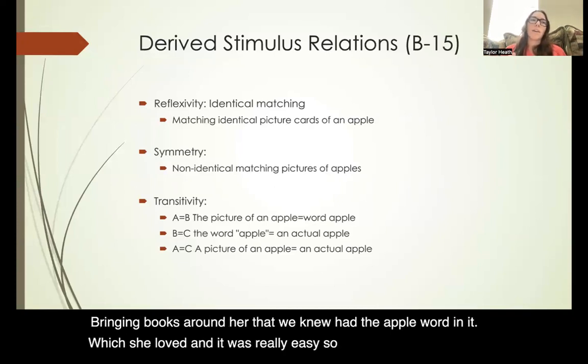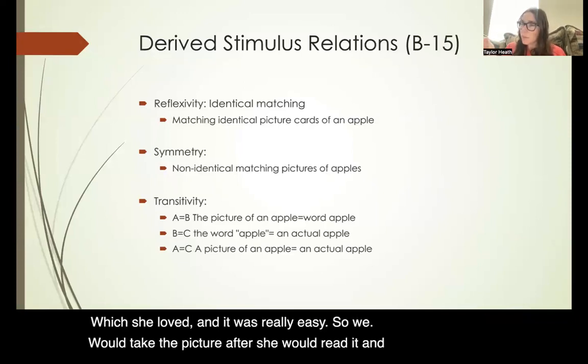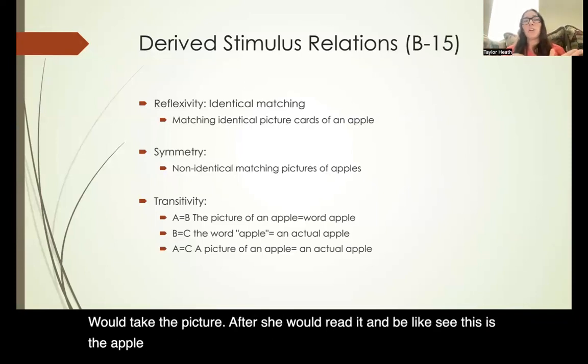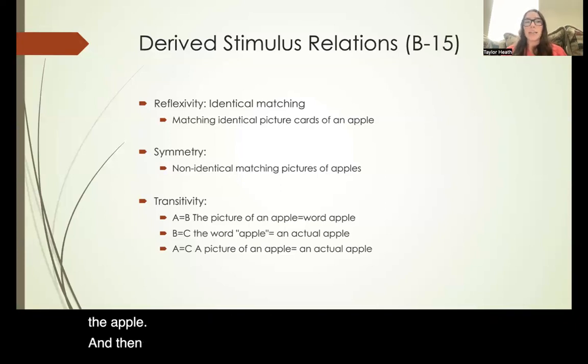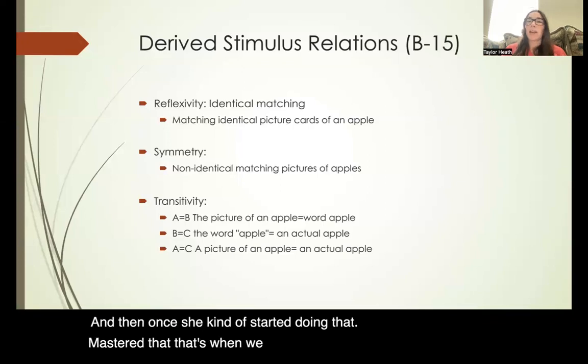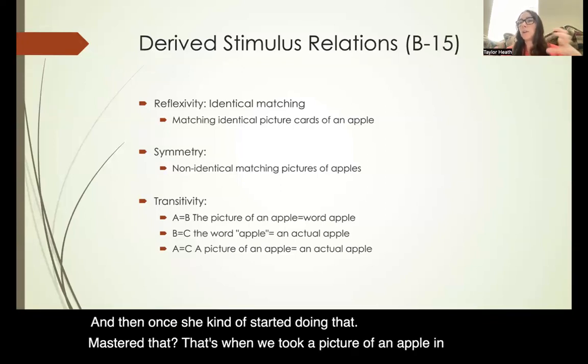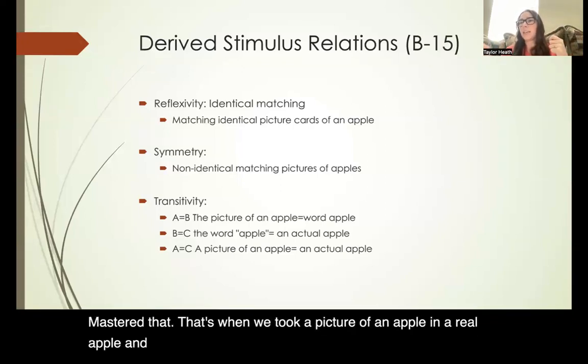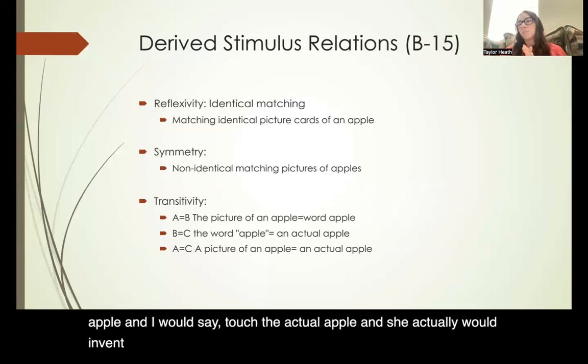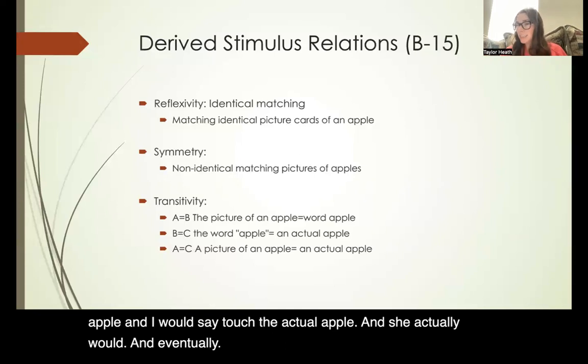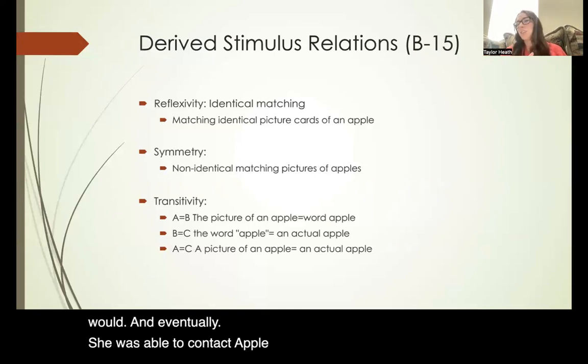So we would take the picture after she would read it and say, "See, this is the apple." And then once she started doing that, and mastered that, that's when we took a picture of an apple and a real apple, and I would say "touch the actual apple," and she actually would. Eventually, she was able to tact the apple, and now she is able to tact actually like 5 different things, which is really